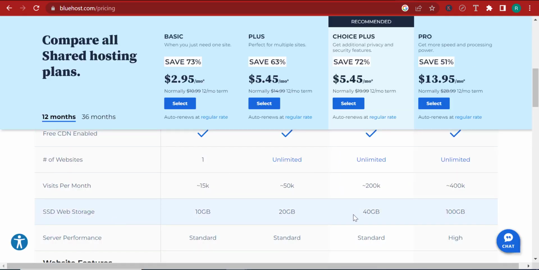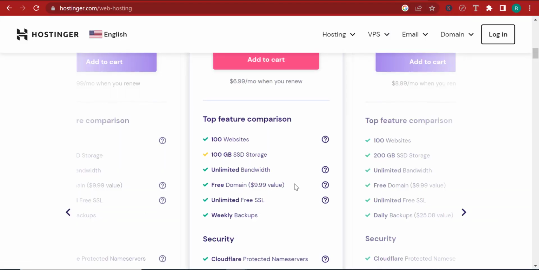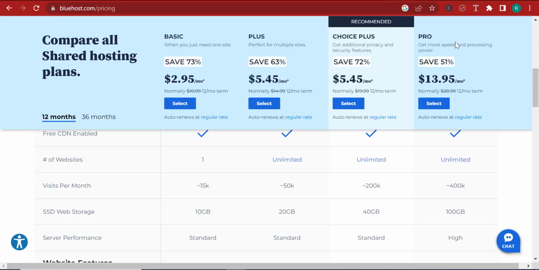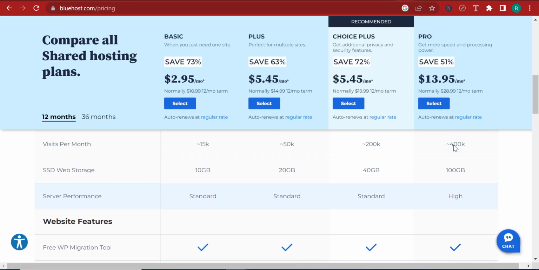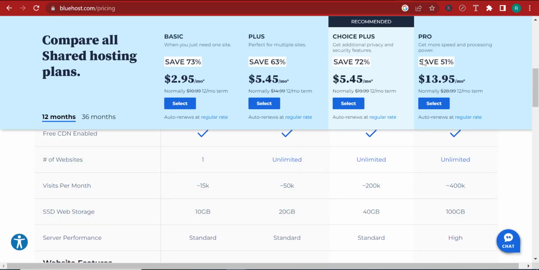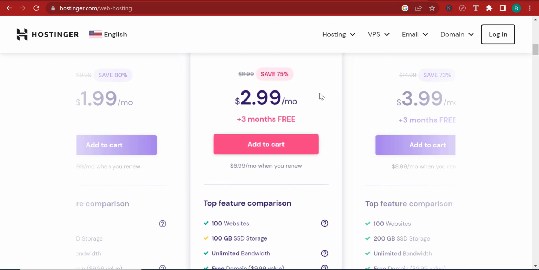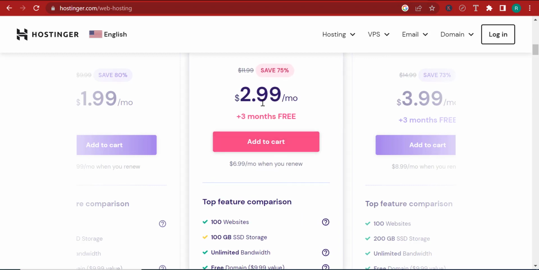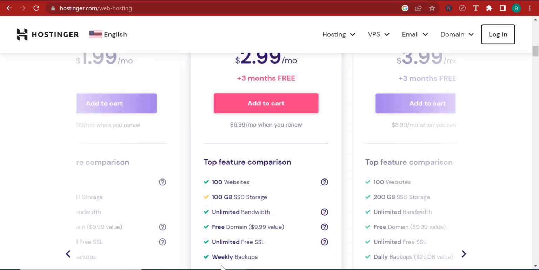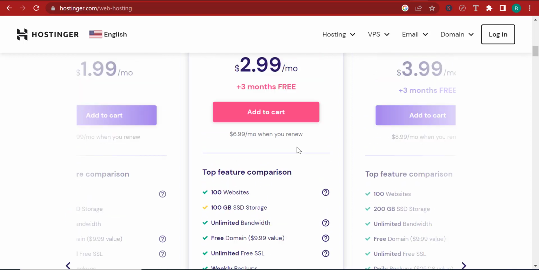Now, for the SSD storage, you notice that for the Choice Plus, you only get 40 gigabytes. And if you want to get 100 gigabytes like in here, you have to go for the Pro plan, which is basically a lot more expensive than the other plans here. I could say about 6 times more expensive than the Hostinger price, if you, of course, get it through my coupon code, which will enable you to get the hosting for